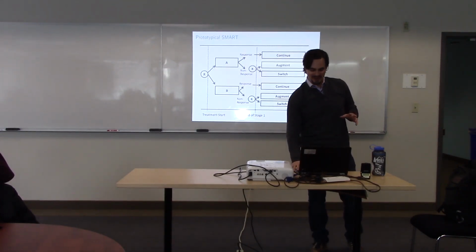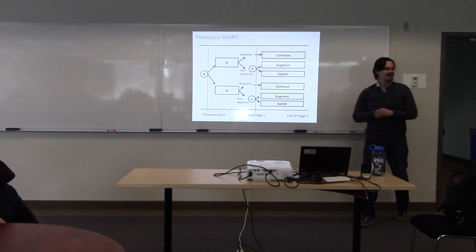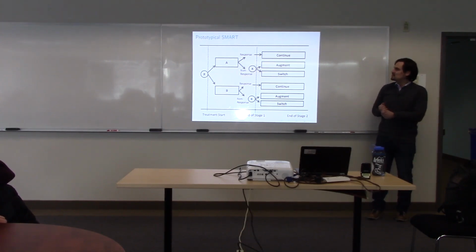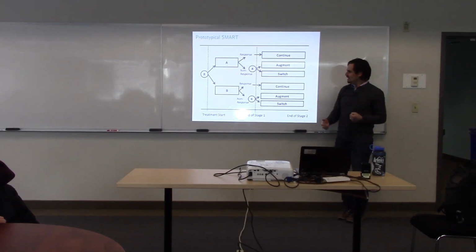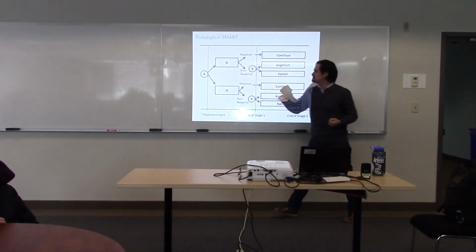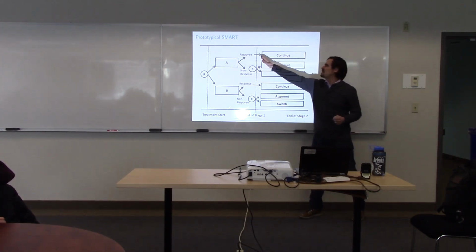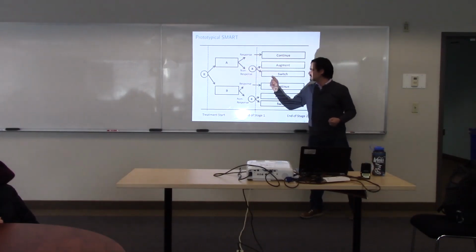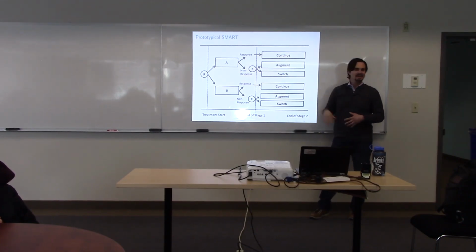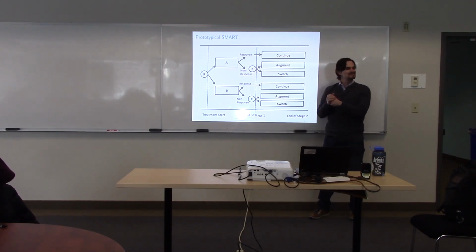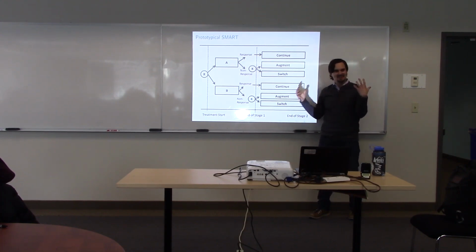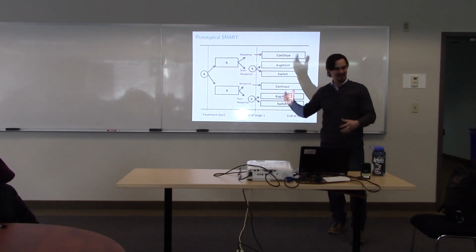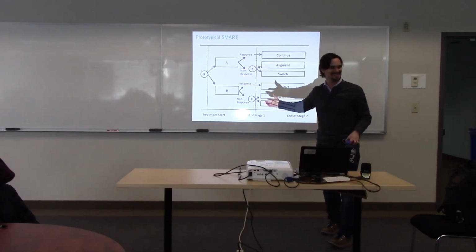Yeah? You guys, no questions so far? No questions? All right, that's because you guys have seen me do this perhaps. Okay, here's what we call a prototypical SMART. You randomize folks to intervention A versus B. In this prototypical SMART, if you're responding, if it ain't broke, don't fix it. But if you're not responding, you might consider a switch. So from A, you switch to B, or an augment. You might add A and B. This is sort of a generic way most people come to learn and think about SMARTs. They think like this. The beautiful thing about SMARTs is that they're not all made the same. Okay? And I hope to goodness they don't all look like this.